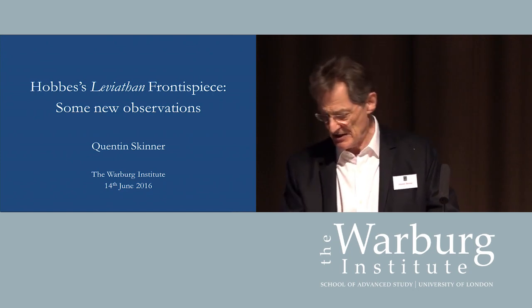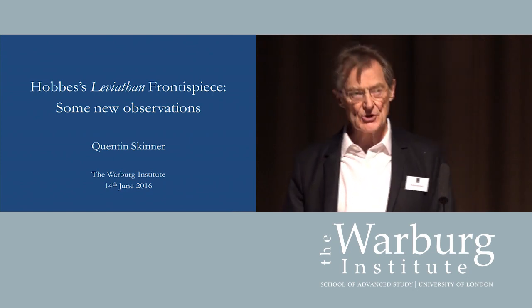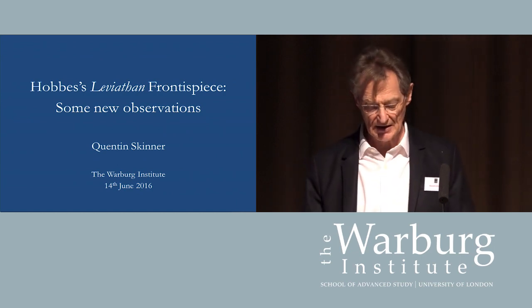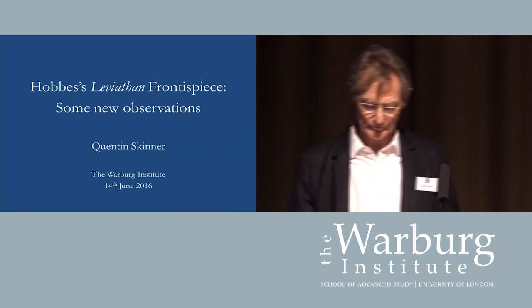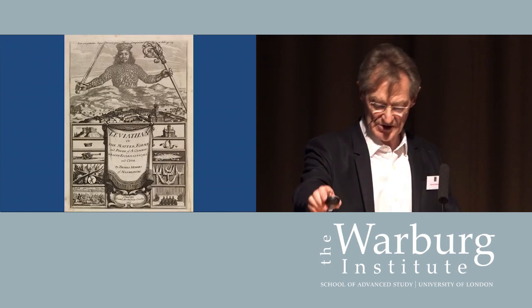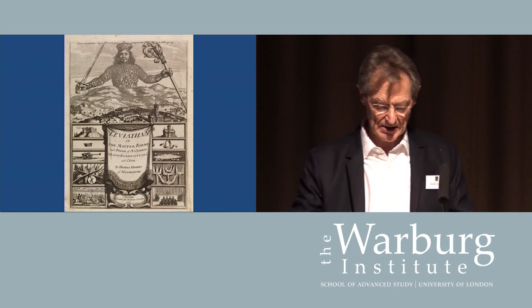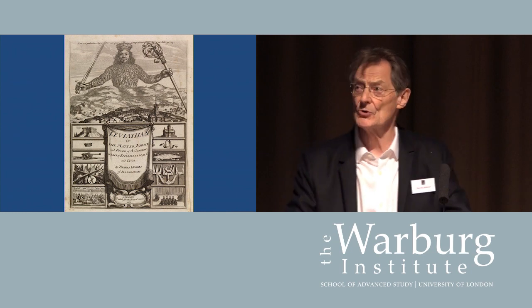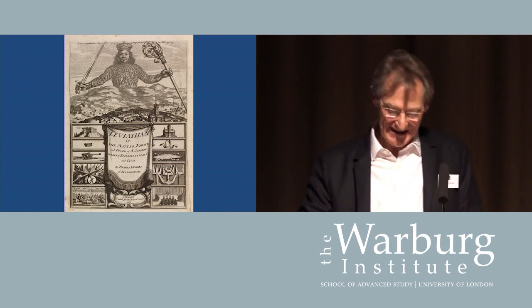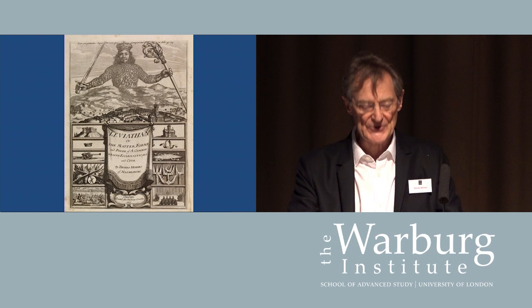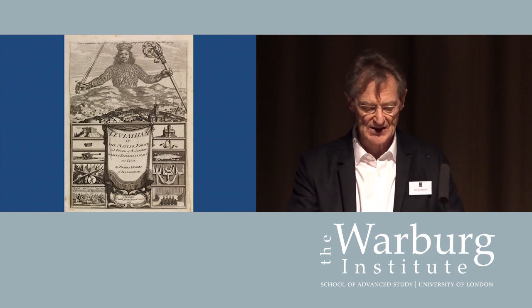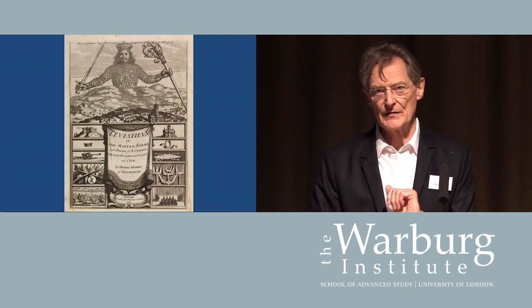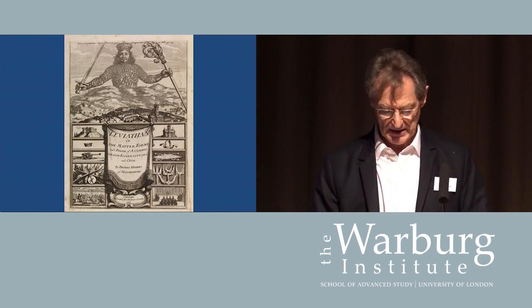So by way of homage, what I want to do in this talk is to focus on one celebrated early modern image and to concentrate in turn on some of the ancient sources that we need to invoke, I think, to explain it. So here is the image I want to discuss, a famous etching which served as the title page of a famous text. As you all know, this is the title page of Thomas Hobbes' Leviathan, first published in 1651.